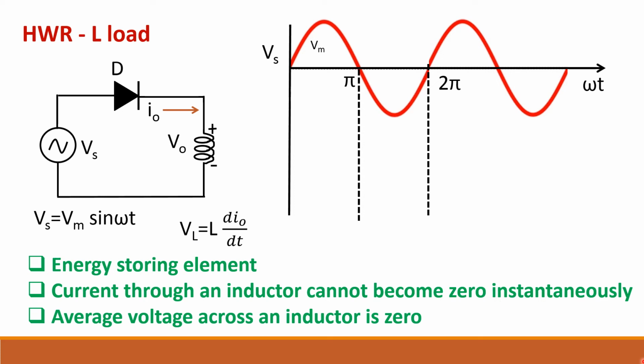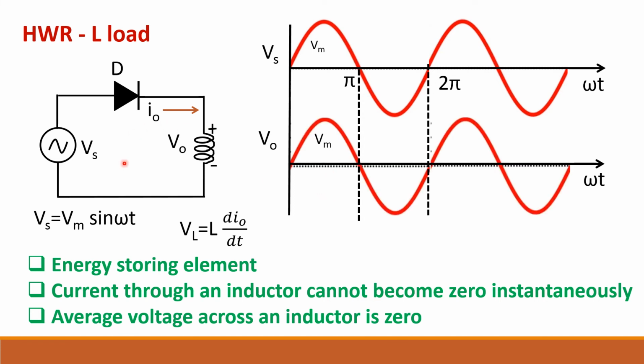So now let us go to the topic. We have drawn the supply voltage and now we want to draw the output voltage. During the positive half cycle of the supply voltage, the diode is forward biased and it will conduct. So the output voltage will follow the input voltage. No problem. Now during the negative half cycle, actually what happens,